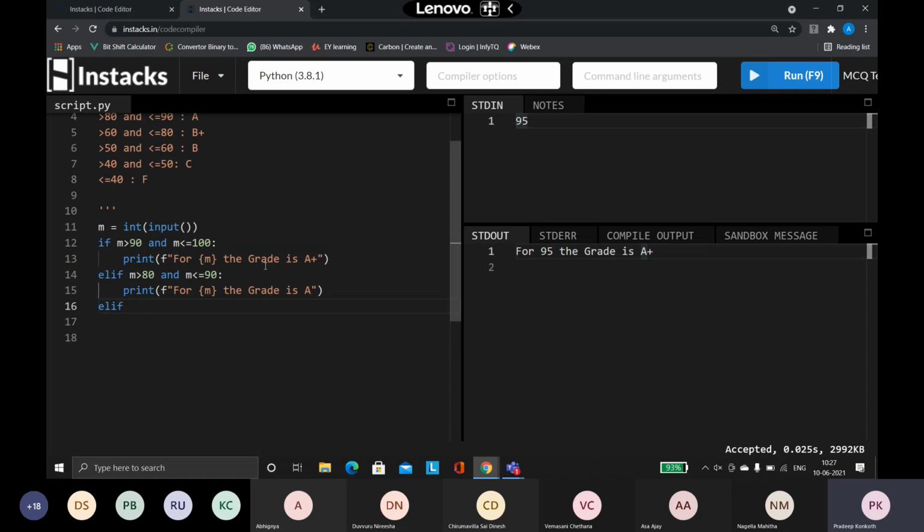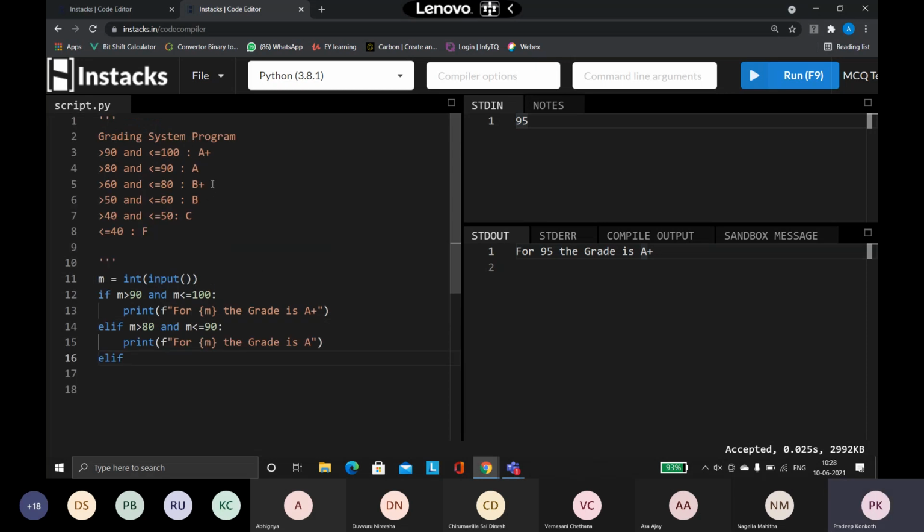Now again, if this is also not satisfied, add another elif. The next condition is for the grade B plus. So again, write your logic: if the m value is greater than 60 and the m value is less than or equal to 80, then I am simply going to say my grade is B plus.